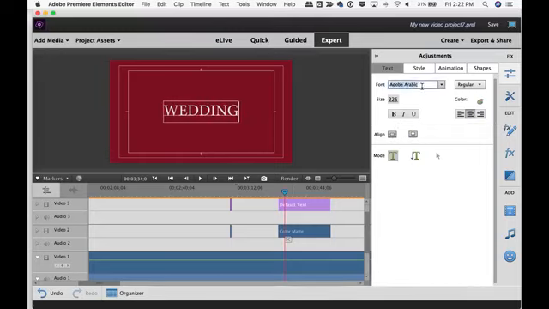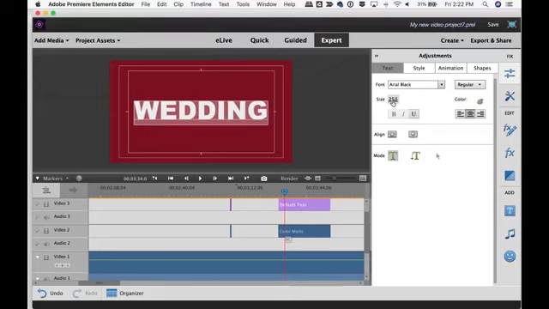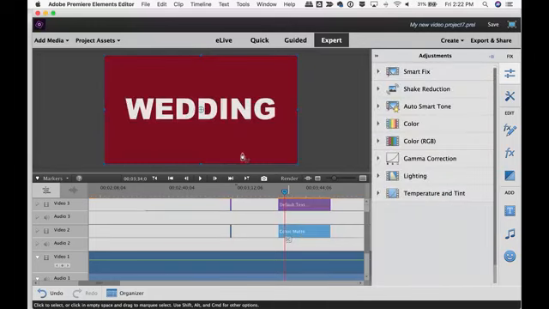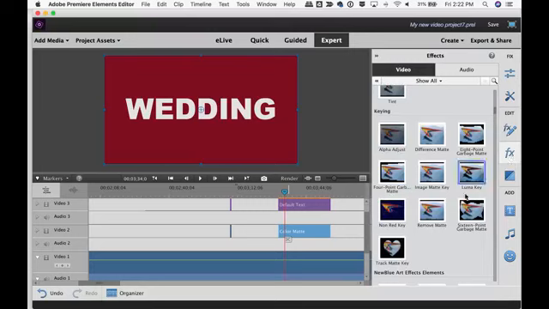I'm going to change this to Arial. We're going to do Arial black for the whole thing, and then we're going to make it just a little bit bigger here. That works, right? So our next step is to come over to the effects panel, go under keying, track matte